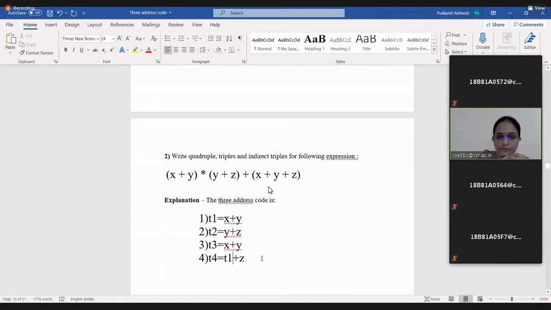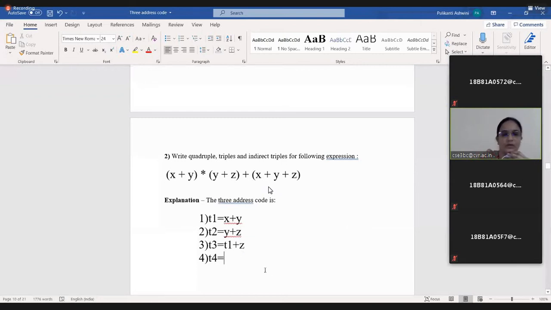Now what I've taken here is t4 is equal to t3 plus z. So now x plus y is available in t1, y plus z is available in t2. To decrease this, already we have it in t1, so here itself I'll take t1 plus z.